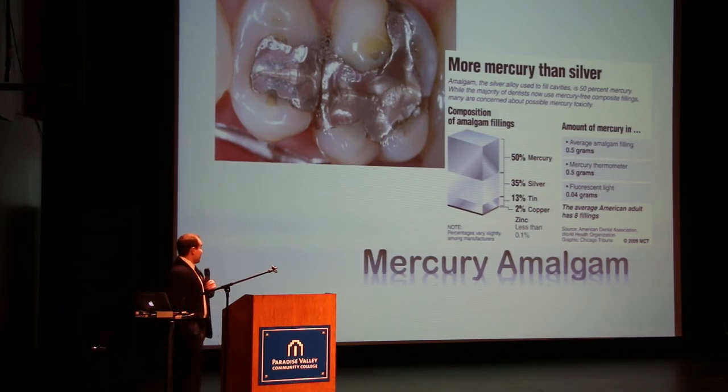The amalgam just means it's an alloy. So you're going to have the mercury, the silver, and the tin. Mercury is a liquid at room temperature, and when you mix it with those other metals and cure it, it forms a solid. You don't see these as much anymore, just because there's a composite resin that actually looks